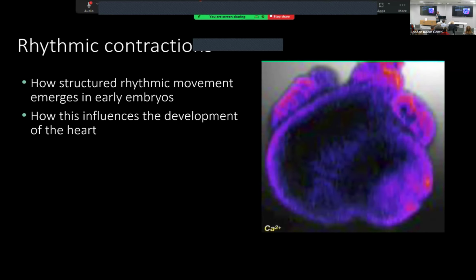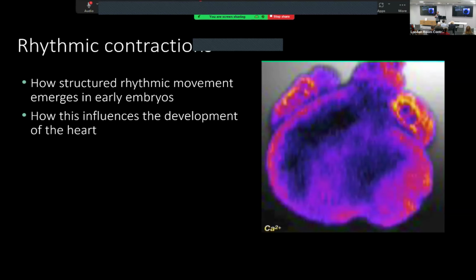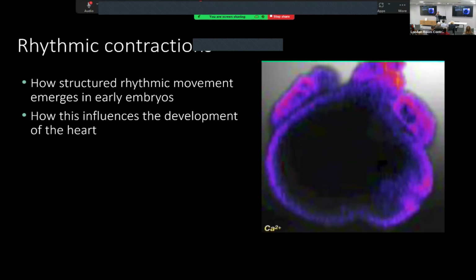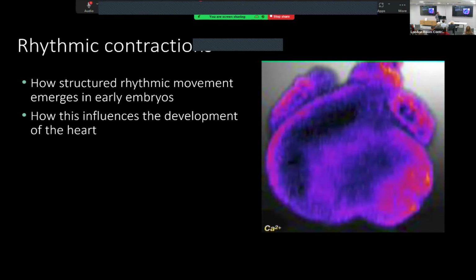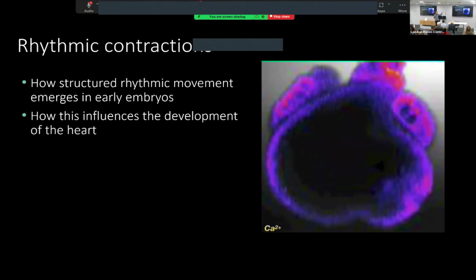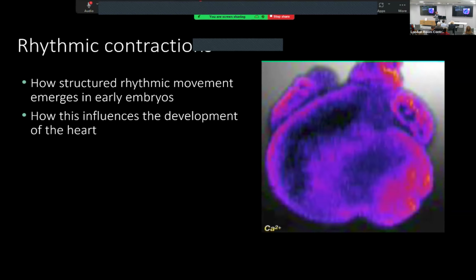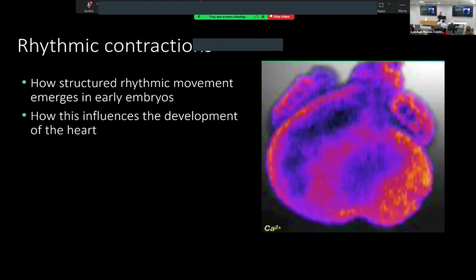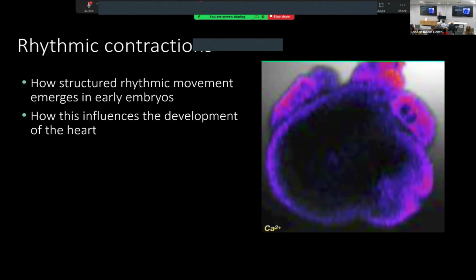Some earlier work by this group, essentially, I think they now definitively say movement happens first. Movement, these patterns of waves, is what drives the creation of structures. And gradually, over the course of the embryo, it becomes the heart. So it becomes this really rich, complex structure where the patterns of waves going through it is what makes the heart beat. So it's really fundamental, important science, and science directly to do with medicine.